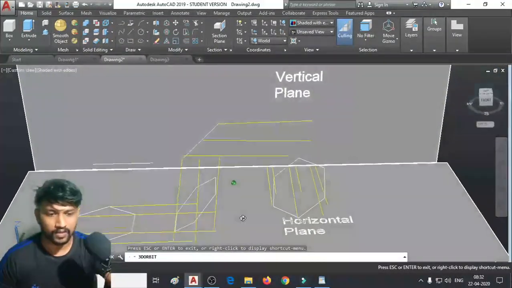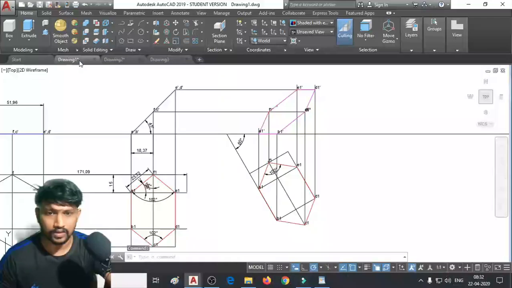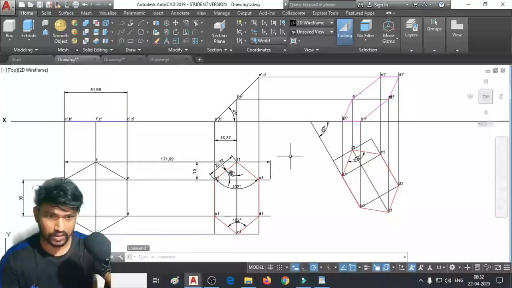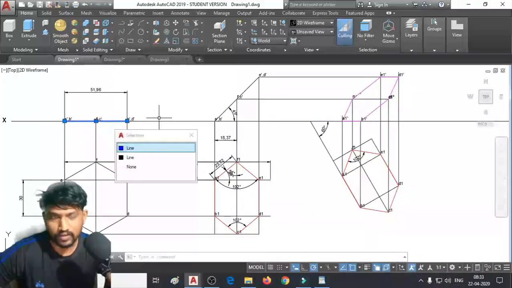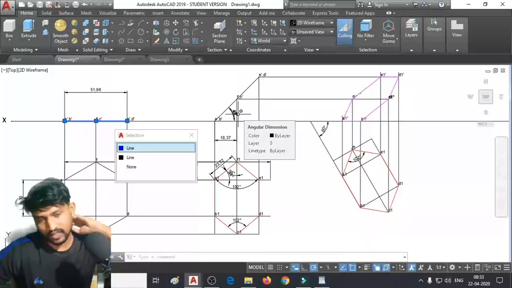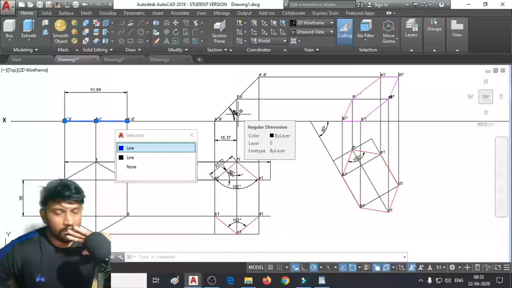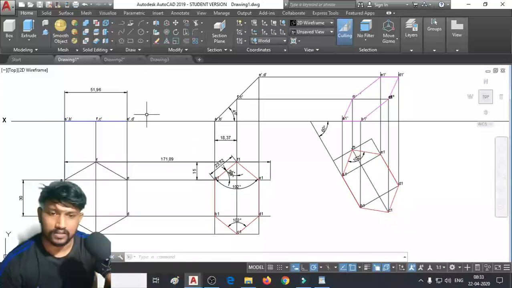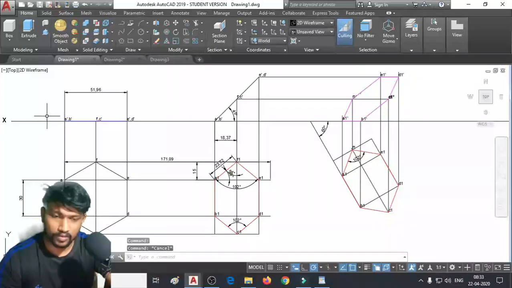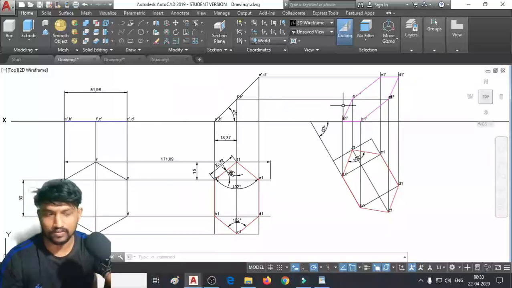Hope you guys might have learned something, and I just want to summarize this session. That is how you guys have to do. Since we got a straight line in the front view, we have initially taken the angle made by this particular plane with the horizontal plane. Whereas if we got a straight line in the top view or below the XY line, then we would have taken this line at an inclination, whatever the angle of inclination that is being made by this plane with the vertical plane. That is how we used to progress.